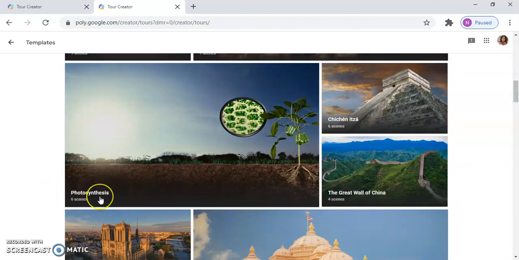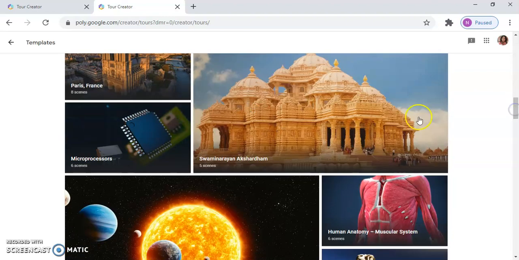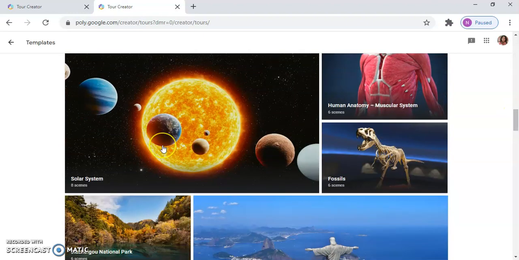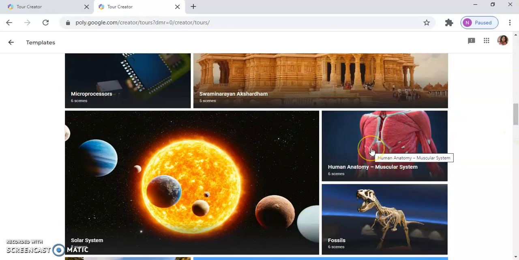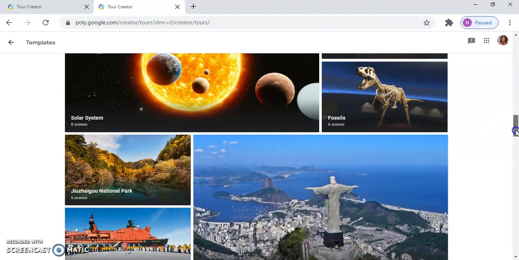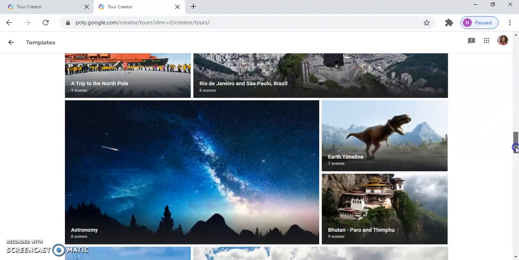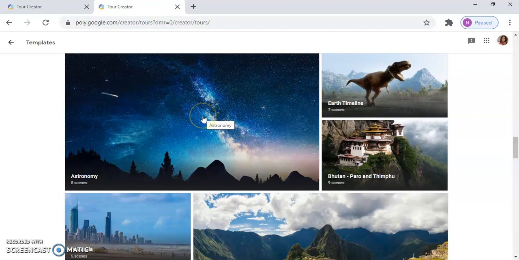Again, there is a concept of photosynthesis explained in it. The Great Wall of China. Then Swaminarayan Temple, Paris. Then microprocessors can be used in the physics subject. You can describe the concept of the solar system in geography. Then in science, you can show the muscular systems. In astronomy, you can show this particular template.